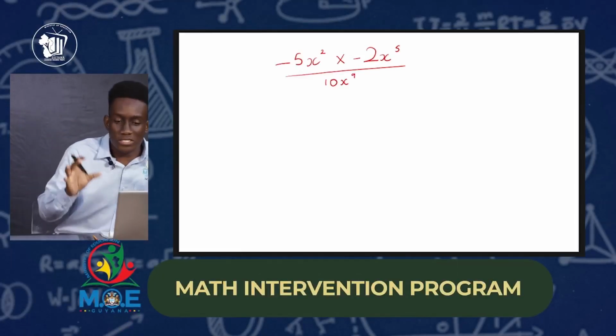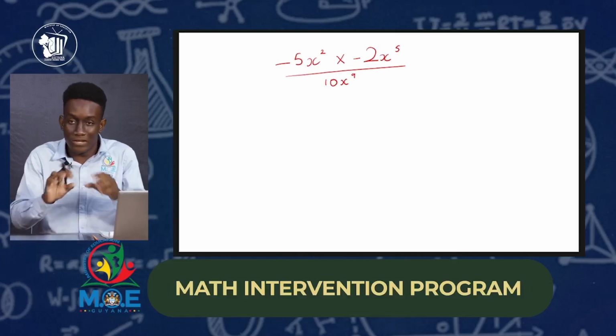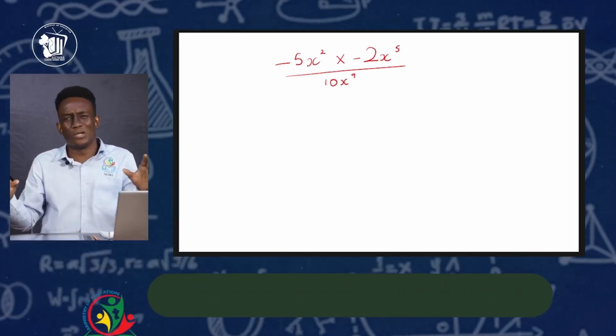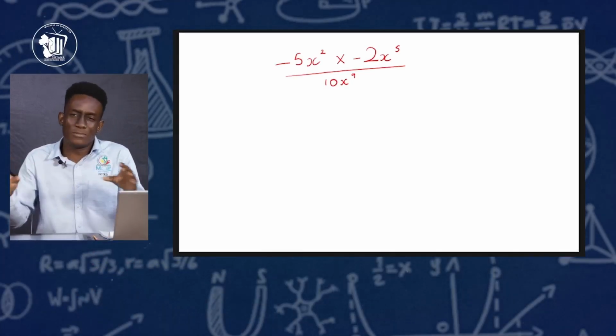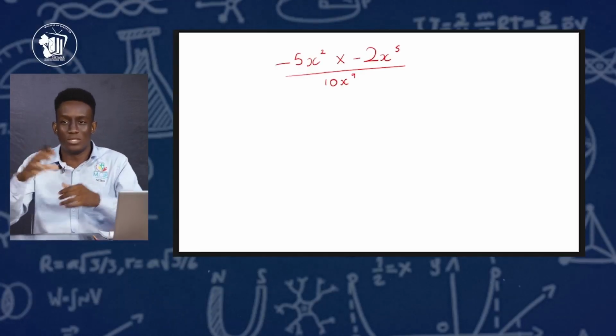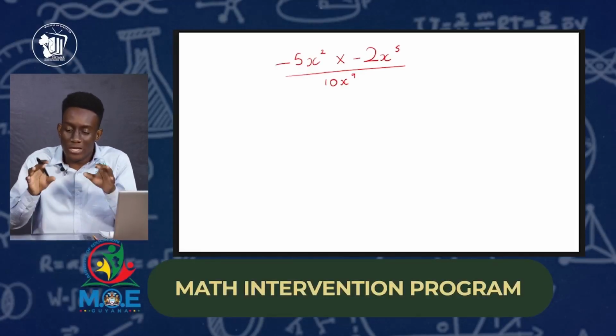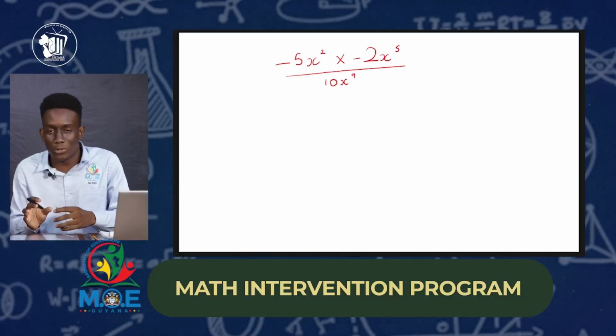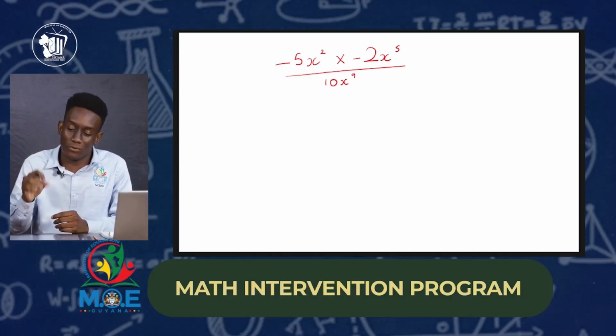So, of course, the first thing we have to do is simplify the top part first. We always simplify the top, and if there's anything to simplify at the bottom, we simplify those things first, and then we do our division. So we have negative 5x to the second power multiplied by negative 2x to the fifth